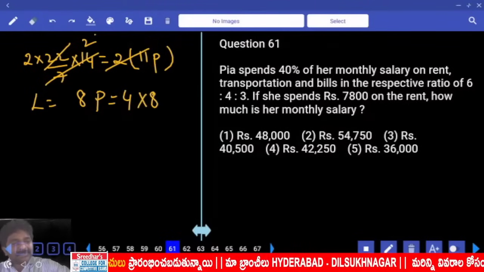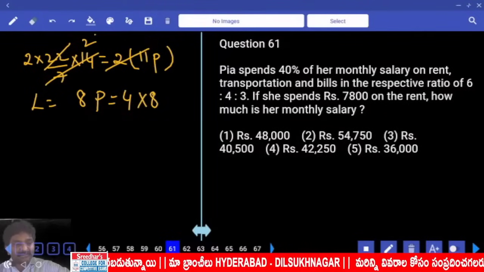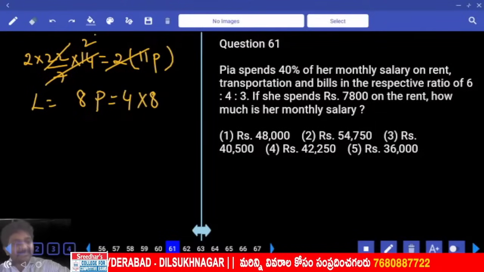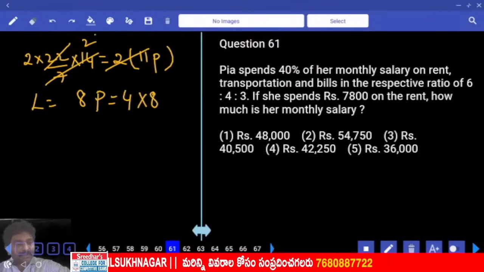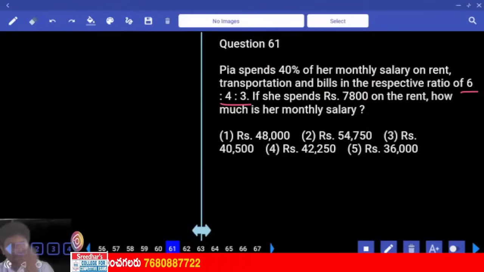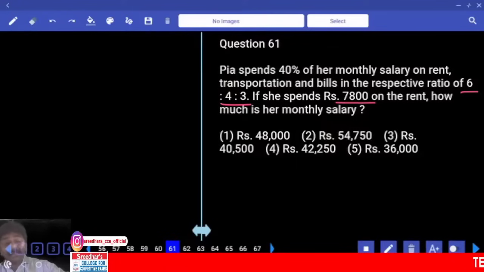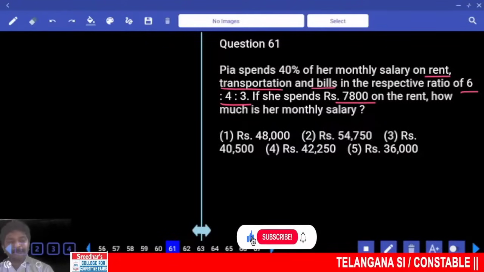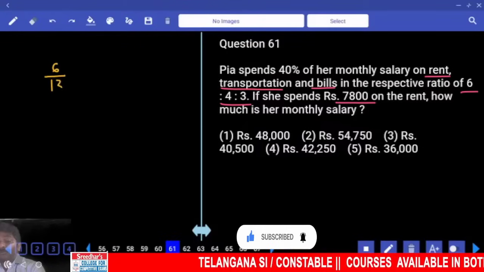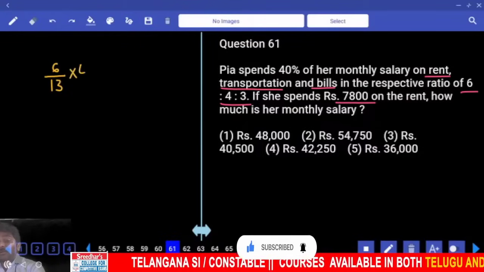Pi spends 40% of her monthly salary on rent, transportation and bills in the respective ratio 6:4:3. If she spends 7,800 on rent, how much is her monthly salary? Okay. So 6 is to 4 is to 3. Total how many parts? 13 parts. And what is mentioned in the question? 7,800, that is rent. So order is important. Rent, transportation, bills. So rent is the first one only, which is equal to 6 parts out of 13 parts among